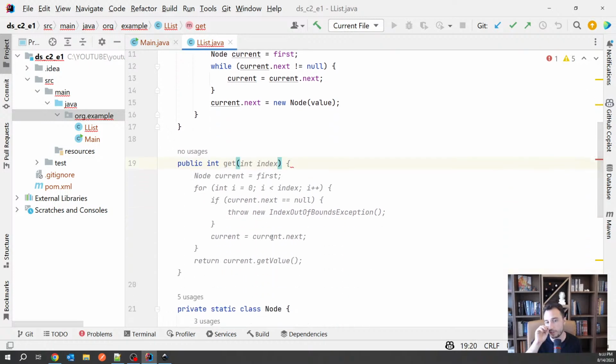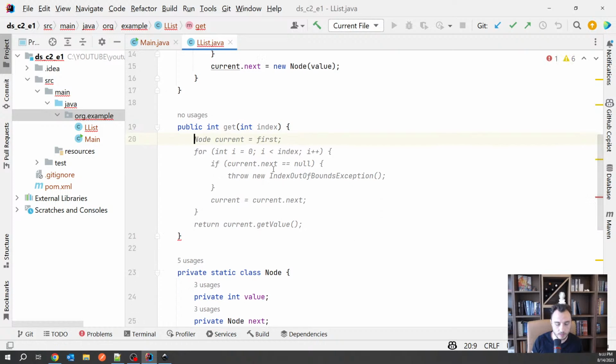Now you have the notion of index, but to understand what an index is, it's simply iterating to that specific value. So you just iterate as long as you have. If someone requests an index and you don't have that value, then you have to throw an exception, no? So normally there is no such thing as an index. The index is not stored anywhere. The index is solely the number, the